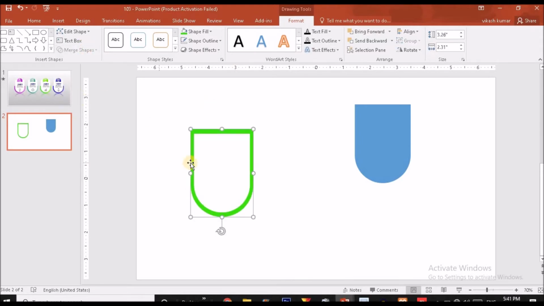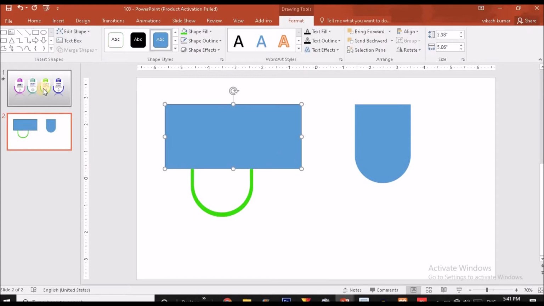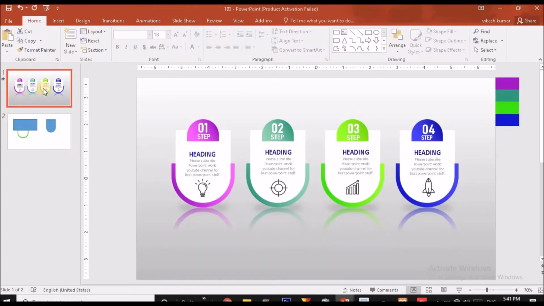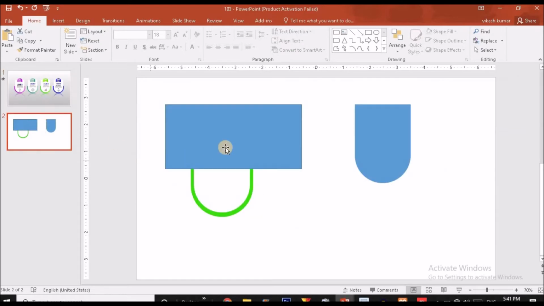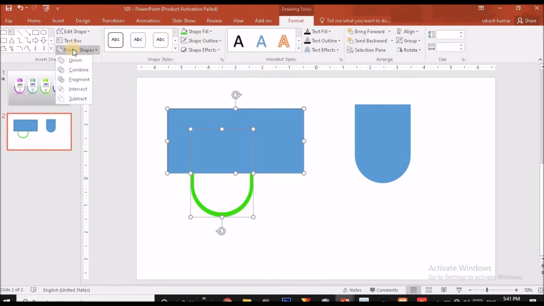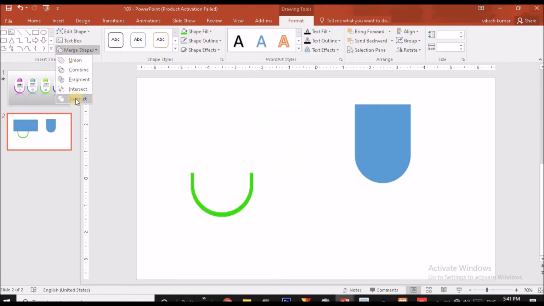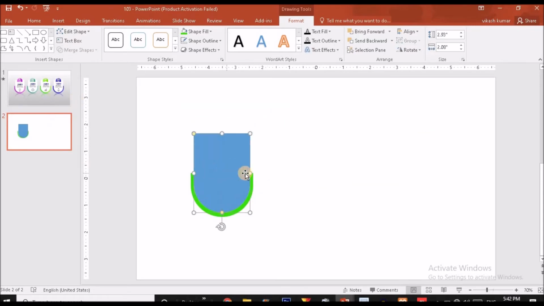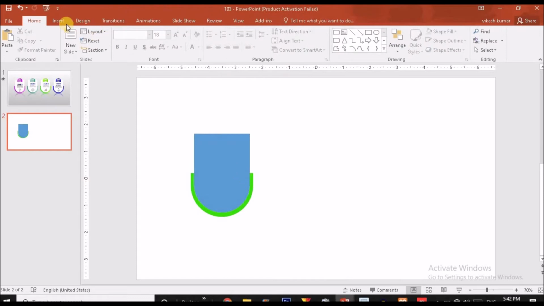Now these are the extra parts we have to remove, so I'm going to choose the rectangle shape over here and drag a rectangle over here like this. And let me take a reference of the previous slide. So we have to keep this much part. So what I'm going to do, I will choose the green shape, press Ctrl and choose the rectangle shape, and again I'm doing the same as I have done in previous steps, like I'm going to subtract it. And now what I'm going to do, I will put this blue shape over here like this.